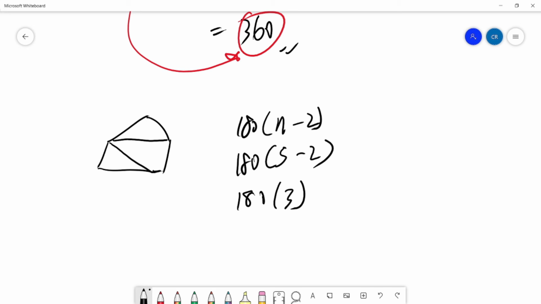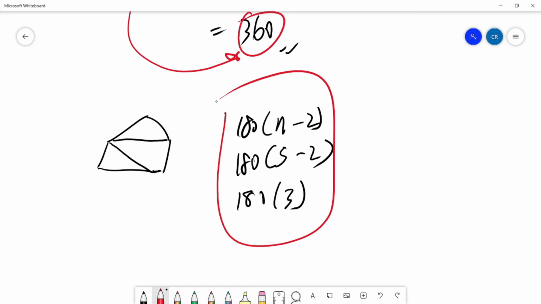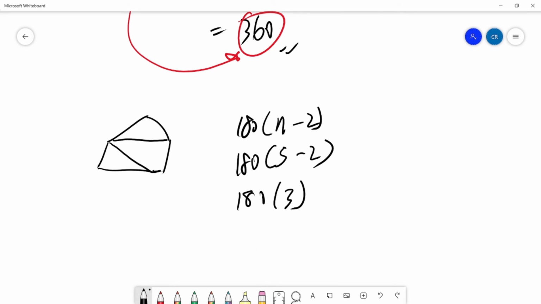Let's just focus on this. 180 times 3, let's use our calculators. 180 times 3 is 540 degrees. This plus this angle plus this angle plus this angle. So that's how you use